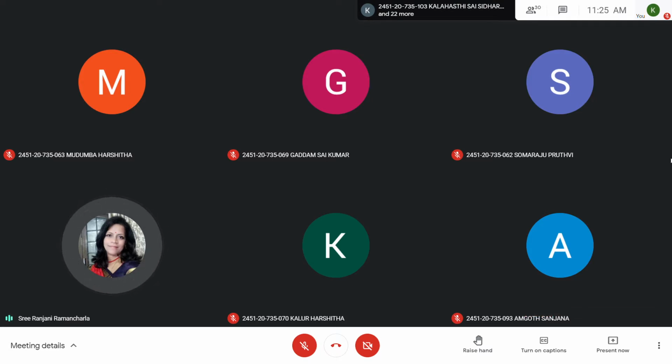And orthographic projection means we have to show the top view, front view, and both side views, the right side and the left side. Then we have to construct the isometric view, not projection. Forget about the word projection. We are not doing projection now. We are doing only the views.